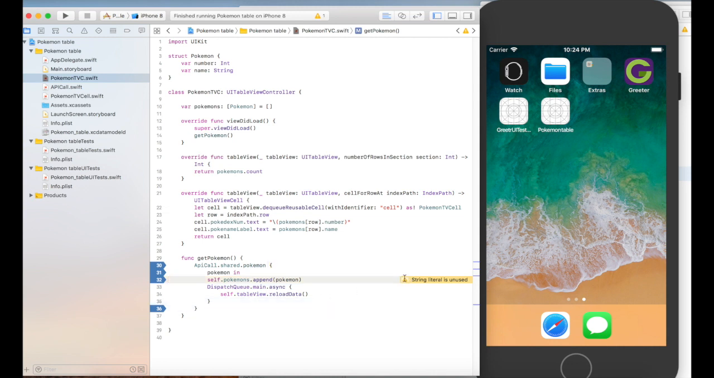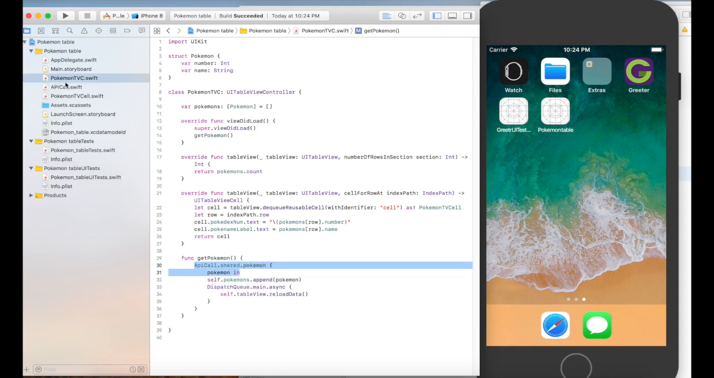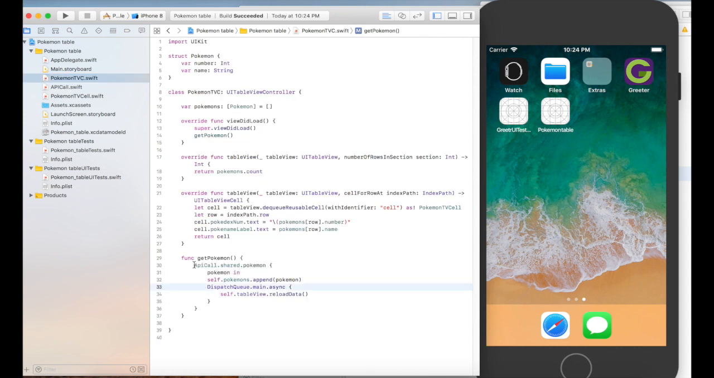String literal is unused. Is that true? Okay. All right, so we cleaned it. I'm going to take off these breakpoints. All you have to do is go over here, click delete. So we're calling the API over here, and then when we get to this completion handler, we're calling it, and then we're coming back here, and it's going to execute the closure that we defined right here. It's going to send in a Pokemon each time we get one, and then it's going to add a Pokemon to this array for each time it hits this,